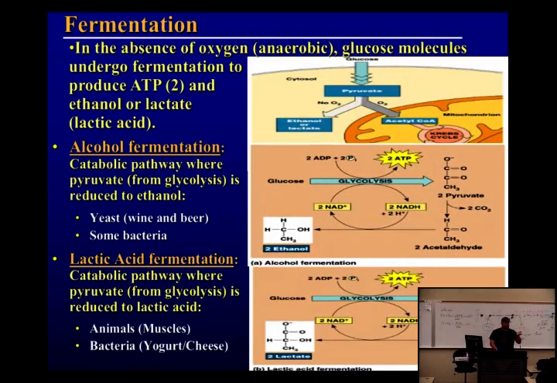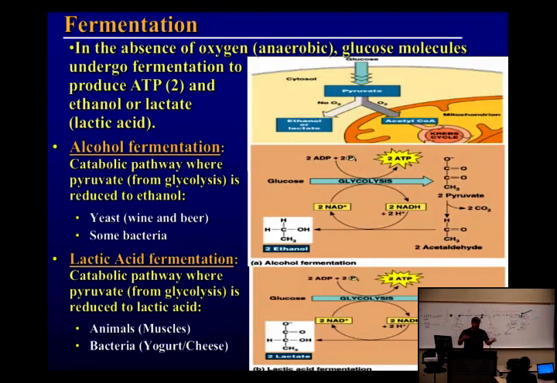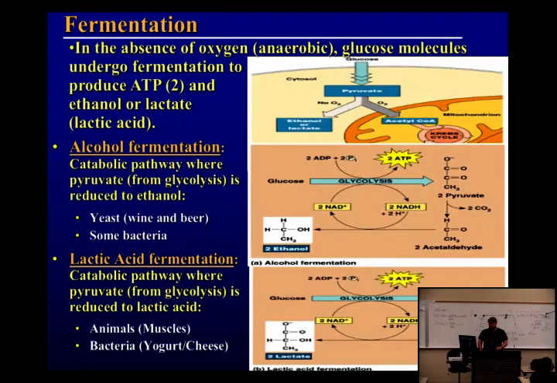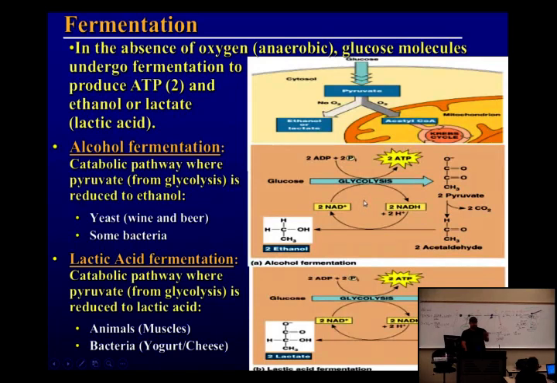So humans can't do this, right? Because if we're running away, if we're getting chased by a bear or whatever, and you started doing alcohol fermentation, what would happen? Yeah, and then you'd be like, oh, hey, Mr. Bear, can I hug you? You want to eat my face off? I don't care. So humans and animals don't do this, but yeast do. That's how beer and wine's made, right? So you put sugars in, and you put the yeast in, and guess what they make? They make alcohol and what else? Carbon dioxide. It's easy.